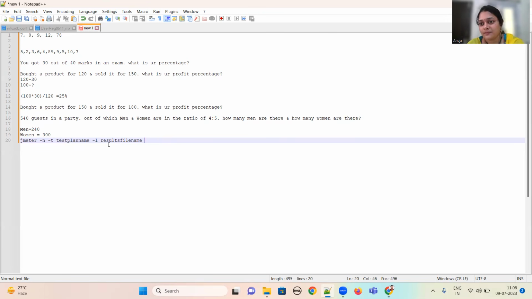Under which element do we need to add them? Under the thread group element, we need to add the transaction controllers. And next we need to set the proxy. The default proxy with JMeter is